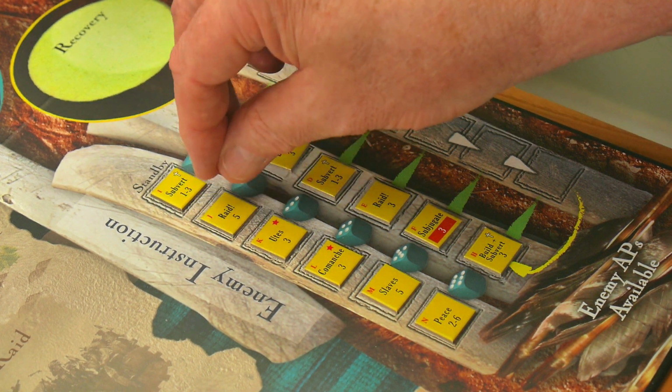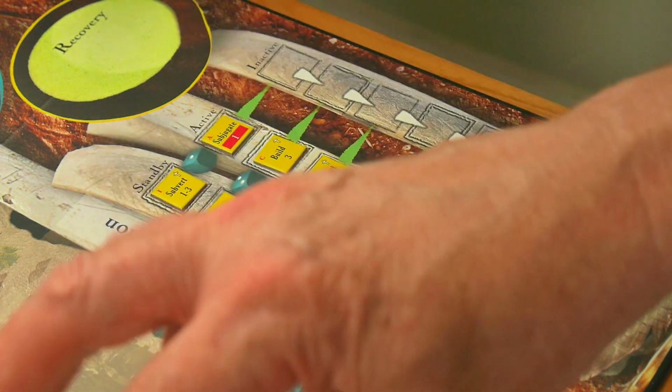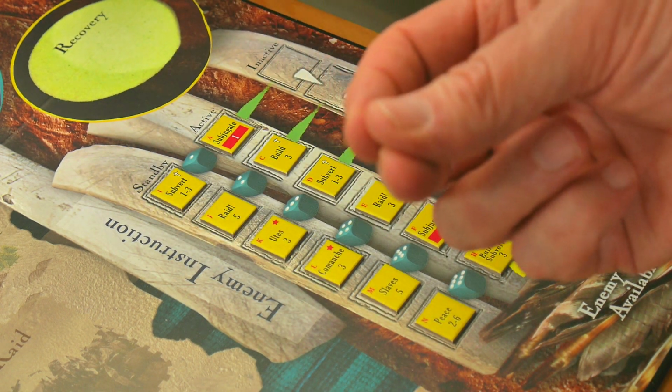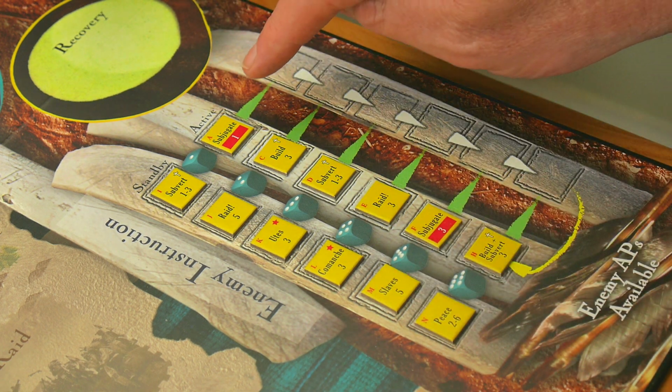Let's put these back. And when you're first set up, you put your hand in the bag that you're storing these in, you draw out 2 at random, discard those 2, they won't be used in the game. So this will set up slightly different every single time. Once you've done that, you then